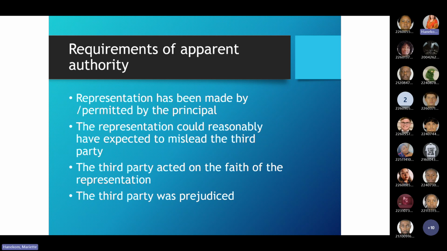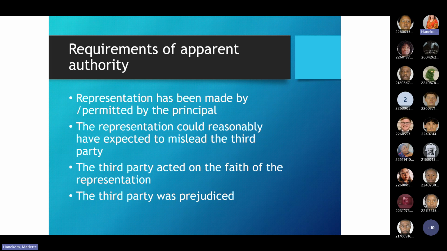So, Roland, it differs slightly from the undisclosed principal. The undisclosed principal is a situation where the agent did not say they were representing somebody. So you didn't go and buy the Coke and tell them you are buying it for Miss Hanako. So the shopkeeper didn't know. With apparent authority, you informed the shopkeeper. The shopkeeper knew you were buying it on my behalf.